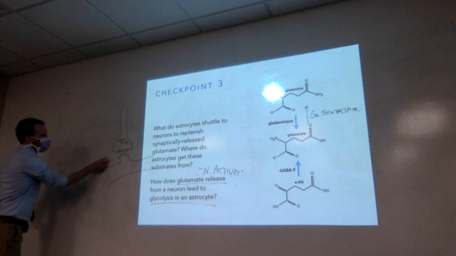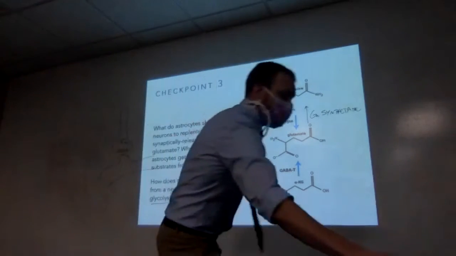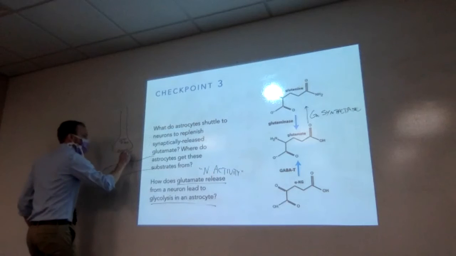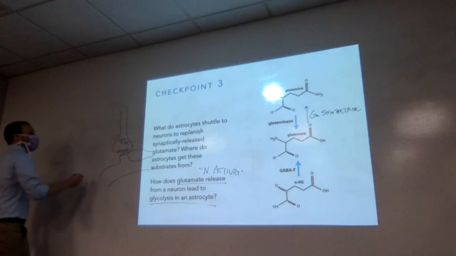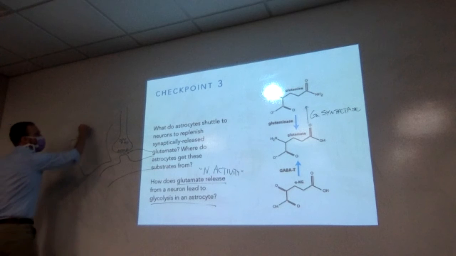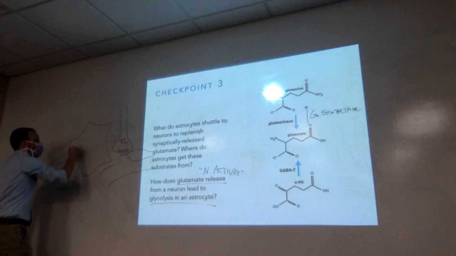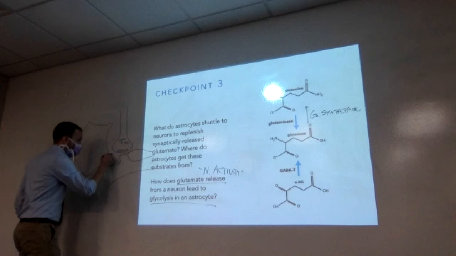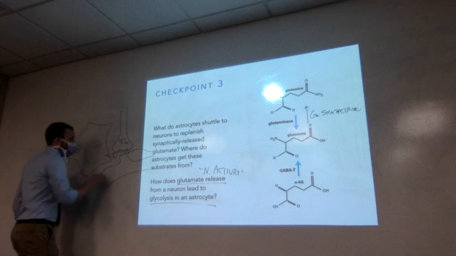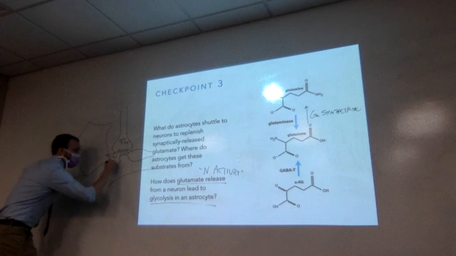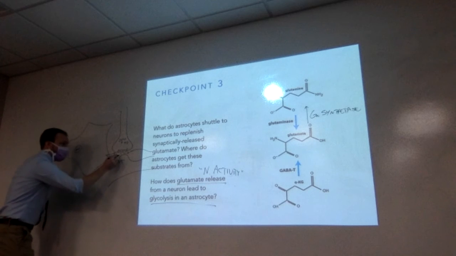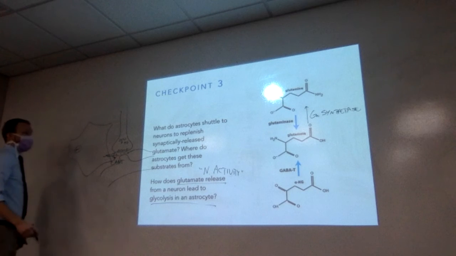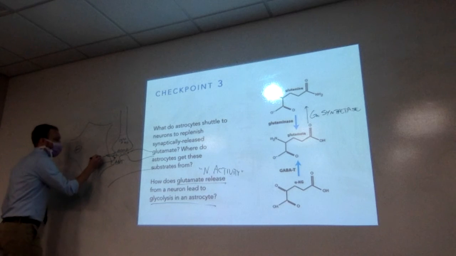Let me draw this a little bit differently. So we have glutamate release. That's what this is. Here's our astrocyte. We got a nucleus here. All right, so we've spit out glutamate. Now what? What does the astrocyte do to that glutamate? Excellent. We got to pick it up. And I always like to draw these as a funnel. So we have excitatory amino acid transporters that pick up excitatory amino acids, glutamate. Okay, so we got glutamate in the cell.